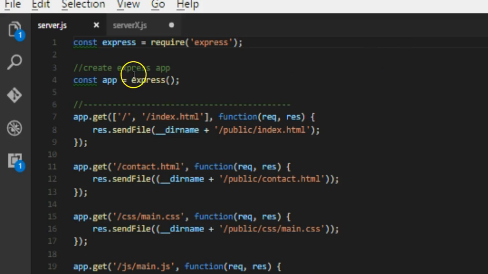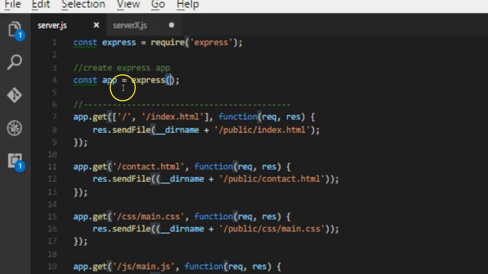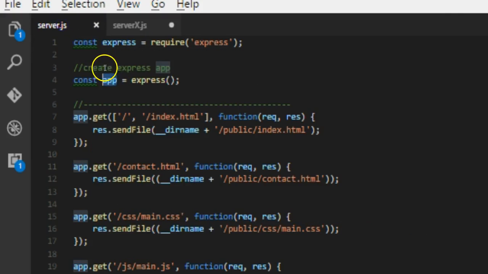So what happens is when you require Express, what is exported is actually a function. So if you want to use Express, you need to actually execute the function that is required from the Express module. So that's what I'm doing here. I'm executing this function, and what is returned from that function is populated in my app variable, which is an equivalent of what was populated into this server variable when I ran http.createServer. Although with Express there is a lot more that it provides you. So now,